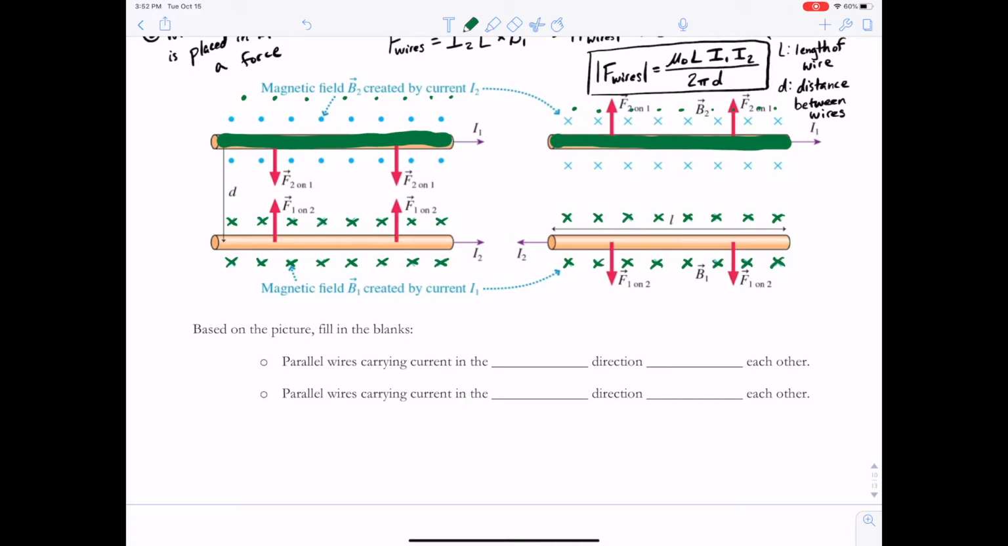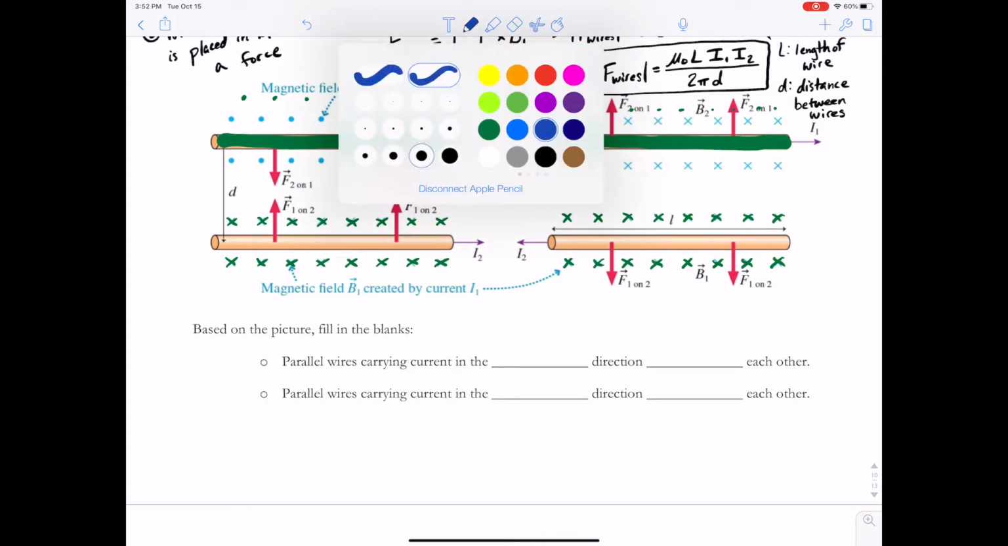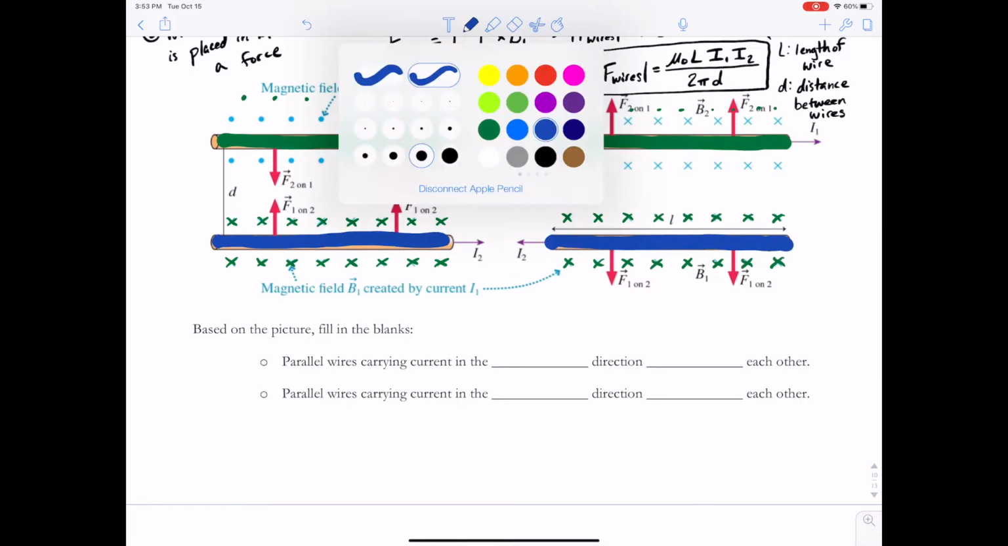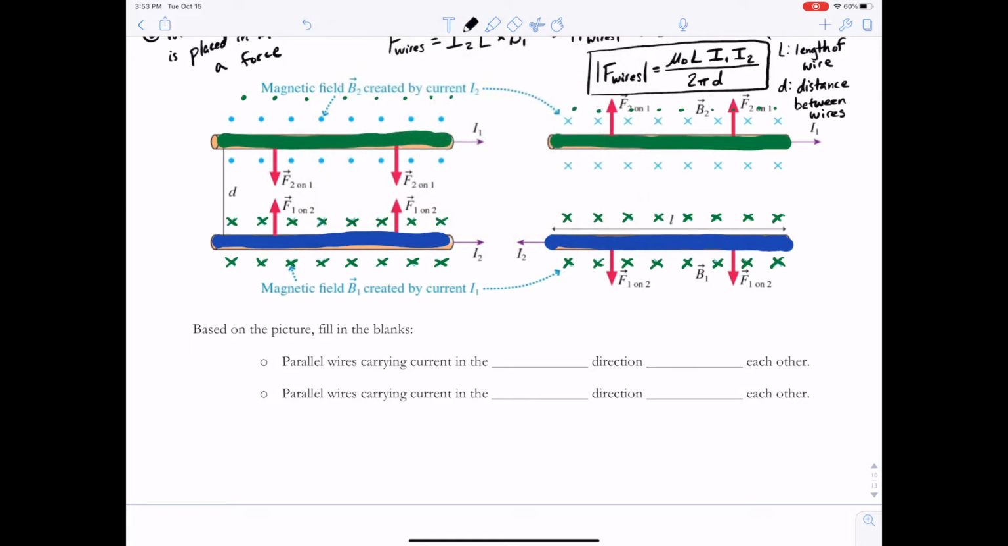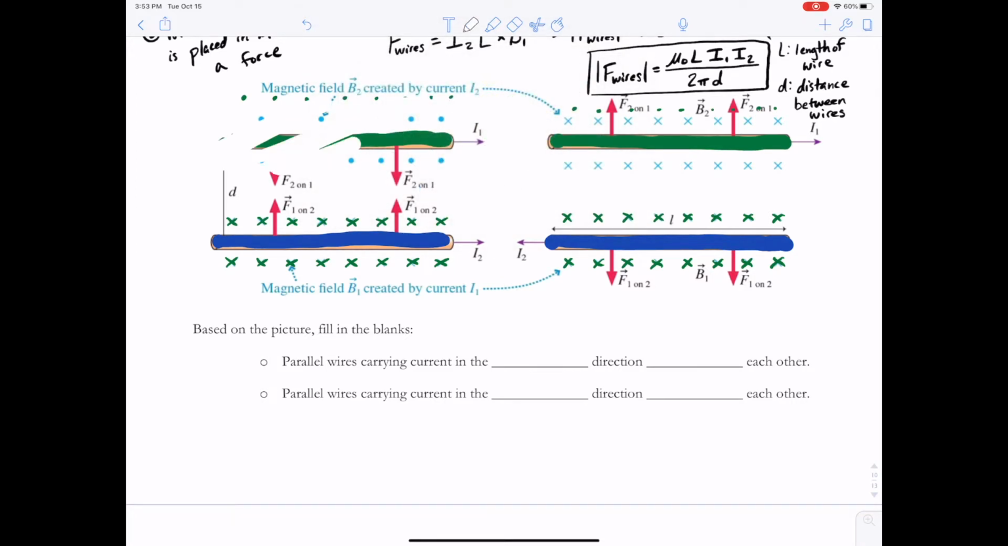Now let's see what happens to wire 2 placed in that magnetic field created by wire 1. So let's go ahead and color wire 2 blue. So blue there, and blue there. So now what I'd like you to do is again pause the video, and ignoring wire 1, so actually let's see, I could do this. So ignoring everything here